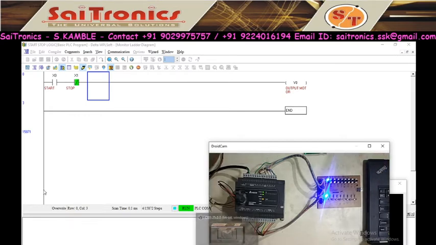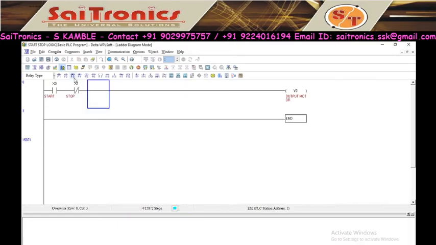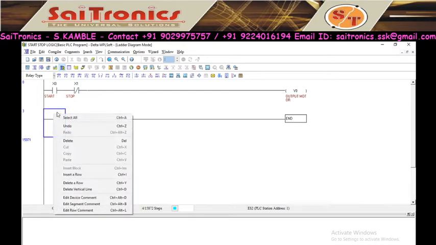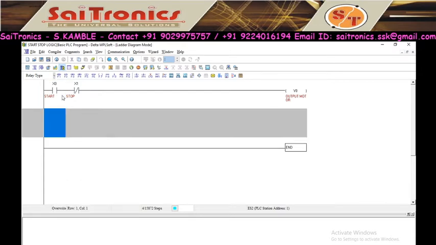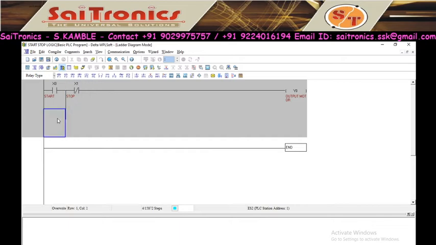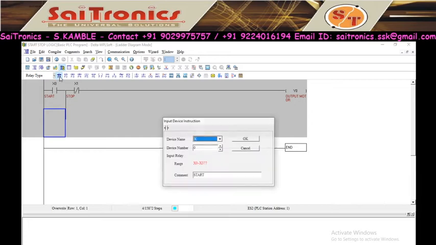So for that we have to add latch. So how to add latch? For that, here we have to add one row, and here you have to connect one parallel switch, parallel line. And here we have to take contact of this Y0.